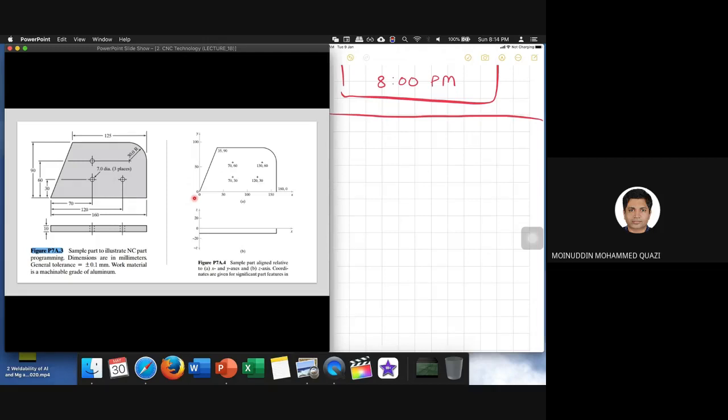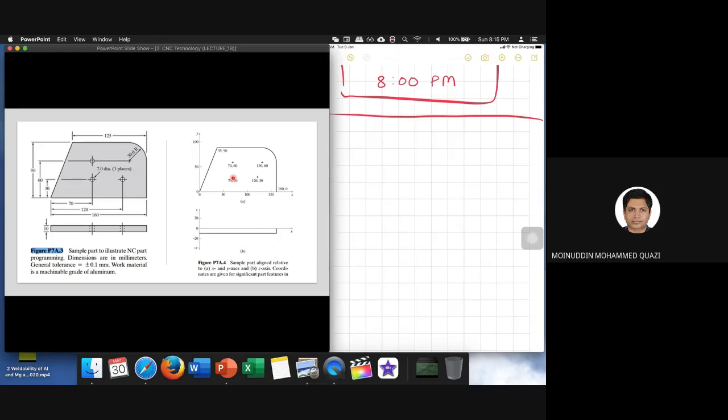We need to take precaution that the tool does not touch the workpiece initially. Once my tool is nearby, I will tell the tool to go to this point and move. Once I tell the tool that it should move, it will move from the first place until this place. After it has reached hole number 1, I will give the instruction for the tool to go down and start drilling. So this is how we are going to move on with the drilling steps.